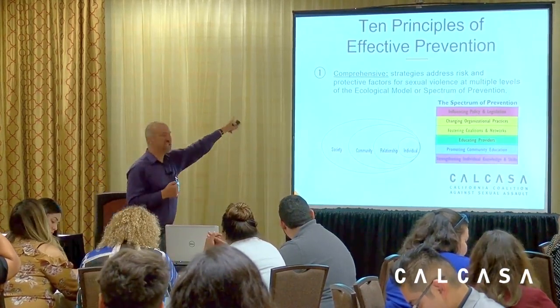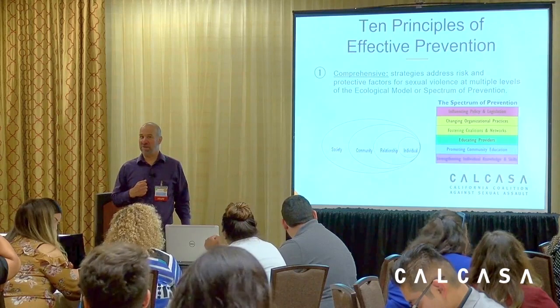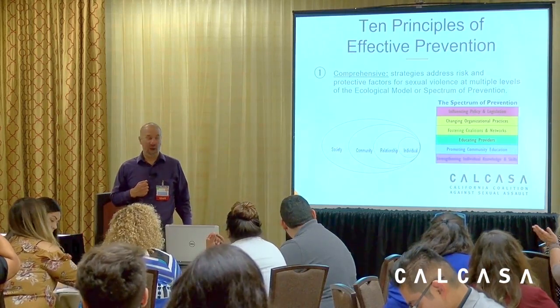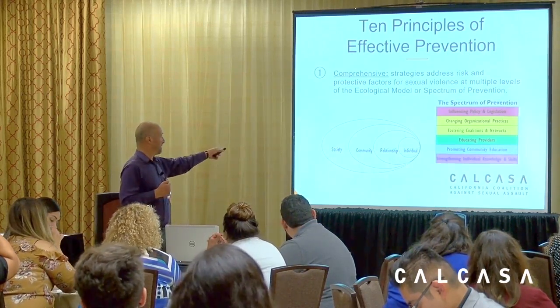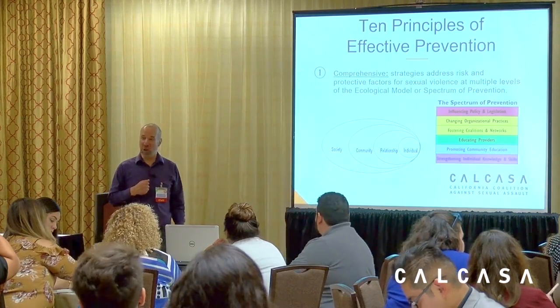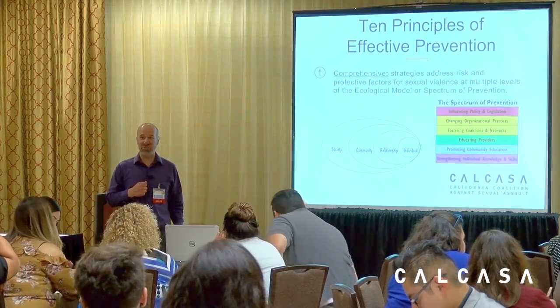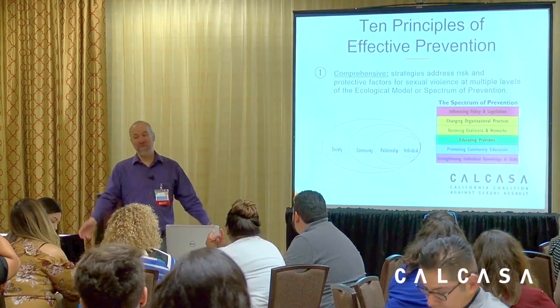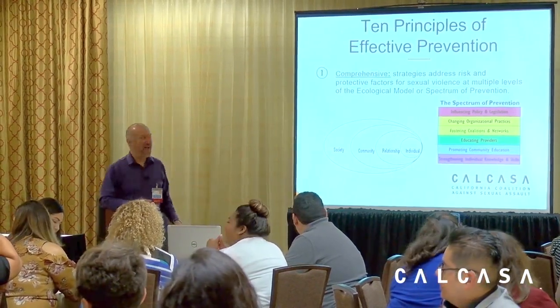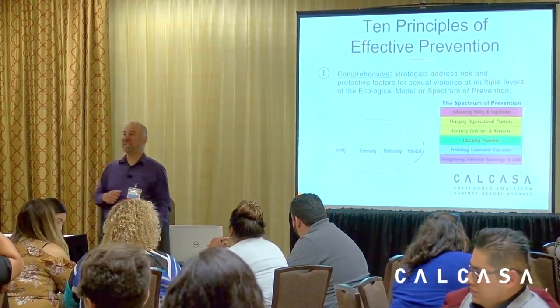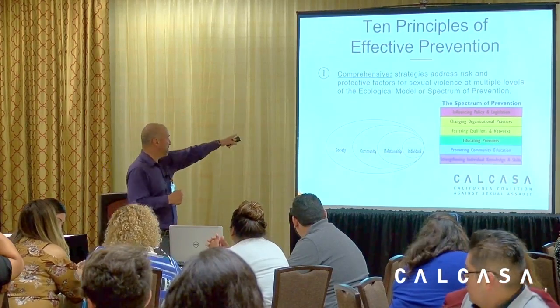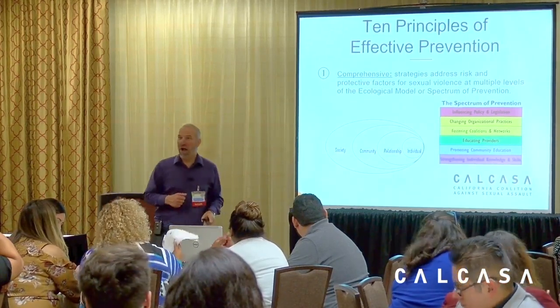The other model is called the spectrum of prevention. How many of you have seen the spectrum of prevention? I know people that really like the socio-ecological model. I know many people that have tattoos of it. They are quite committed. I am not one of them. I have not chosen to. But I keep on saying, if you really are committed to a tattoo, you'll get the spectrum of prevention.